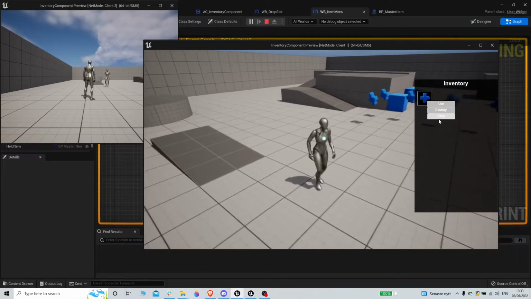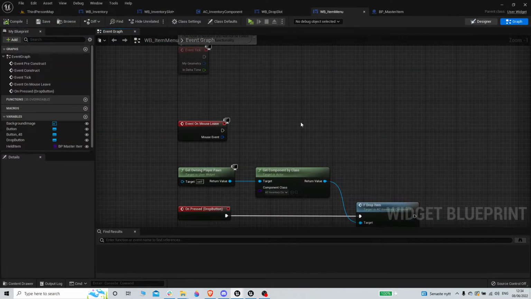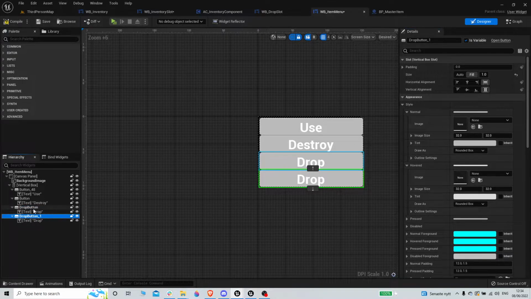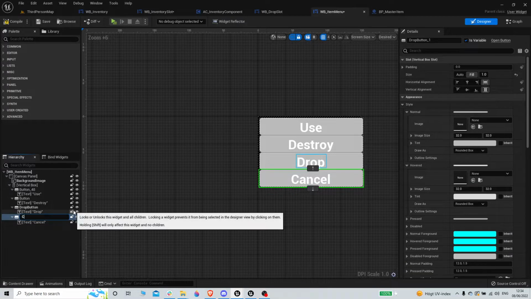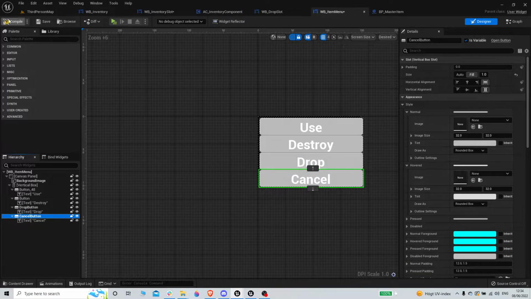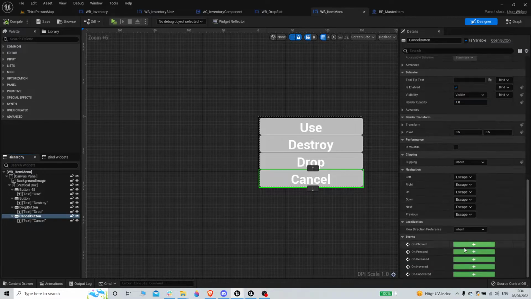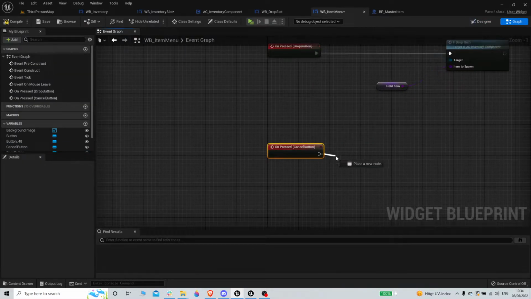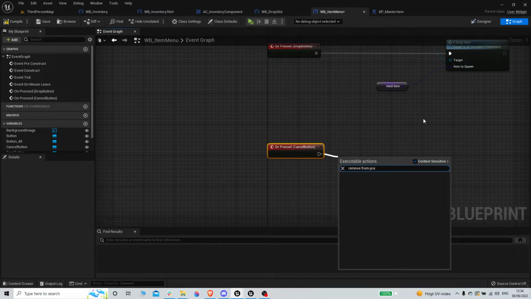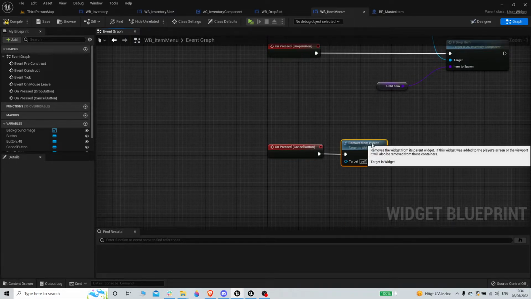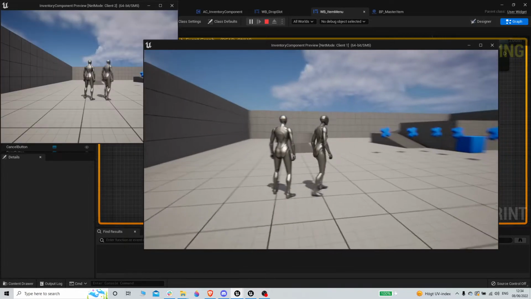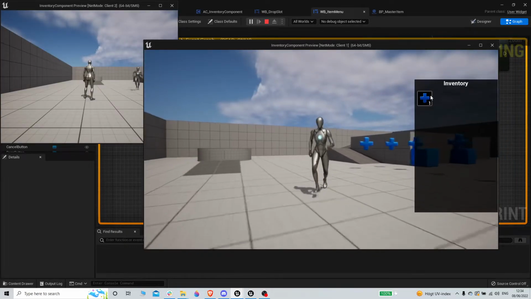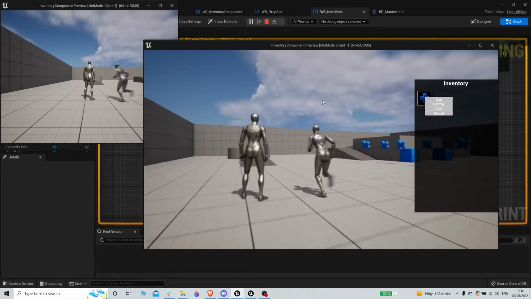Yeah, that's fine. We're gonna do another button instead, and we're gonna type cancel, name it cancel button, and scroll down, and on pressed we're gonna do remove from parent. So if I click, I can now do cancel,